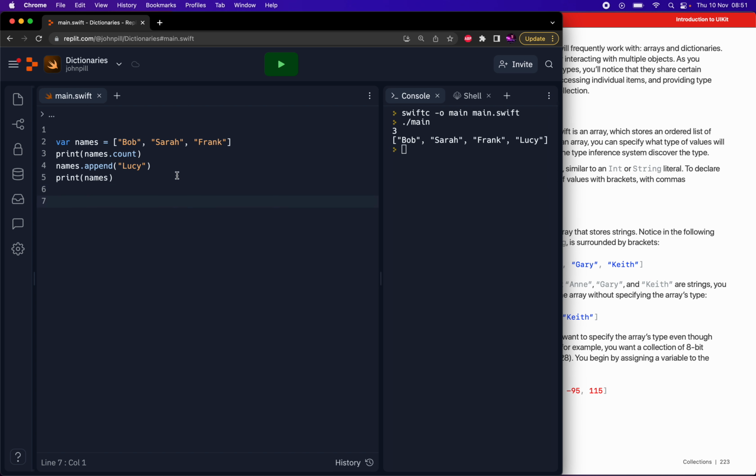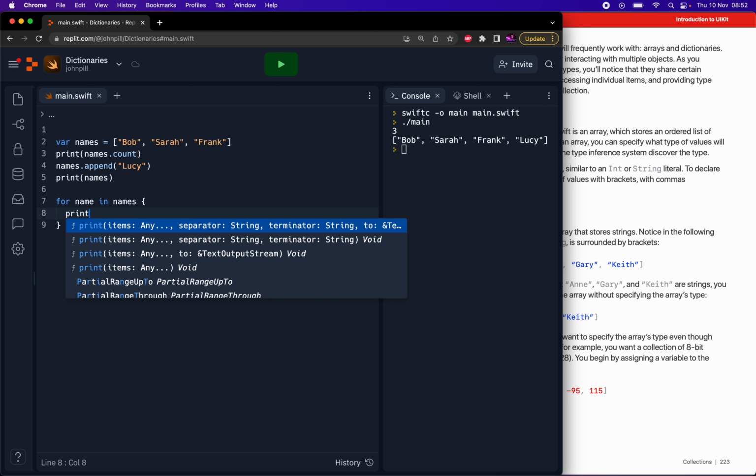And remember, we can loop on arrays as well. So we can write for name in names. The temporary variable is name here, and names with an S is the name of the array. Then I can create a code block. Now every time we go through, name is going to become Bob, then Sarah, and Frank. So if I said print,